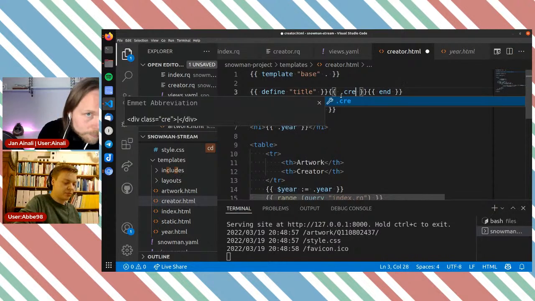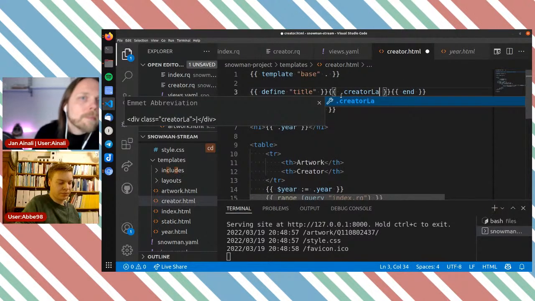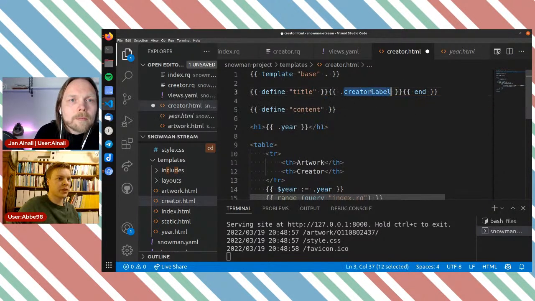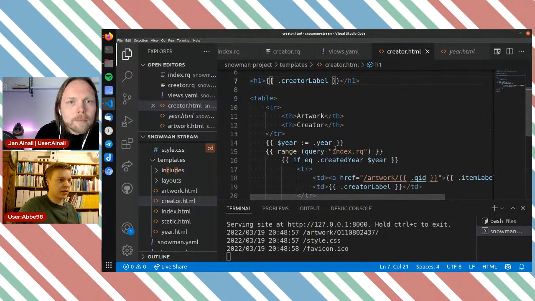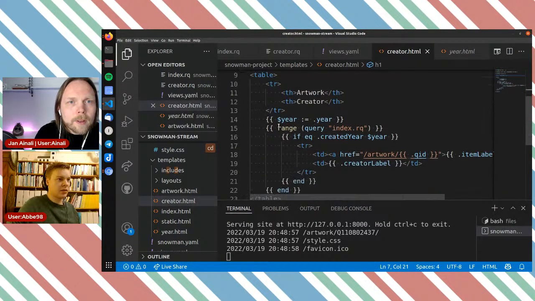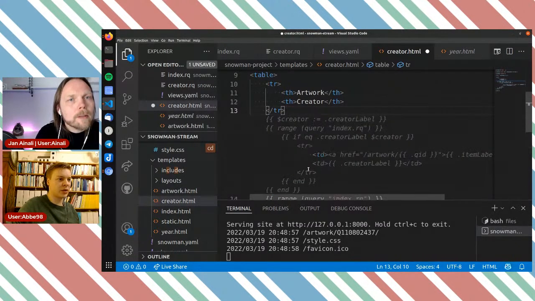We want the creator label as the title. We want this as the header. And that's gonna print an error because we don't got a year, but author-wise,